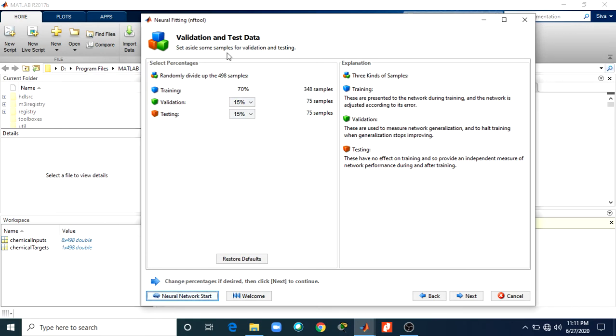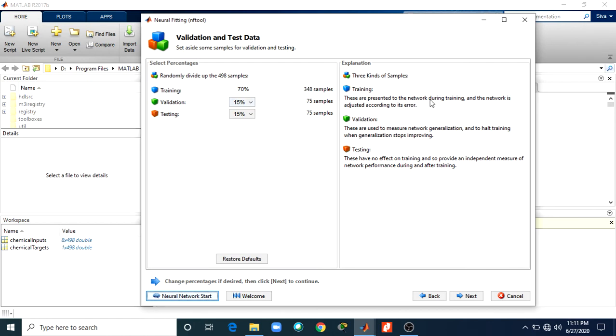Then this is the validation and test data split. From these 498 samples, 348 samples, that is 70%, are taken for training, 15%, that is 75 samples, are taken for validation, and 75 samples, that is 15%, are taken for testing.